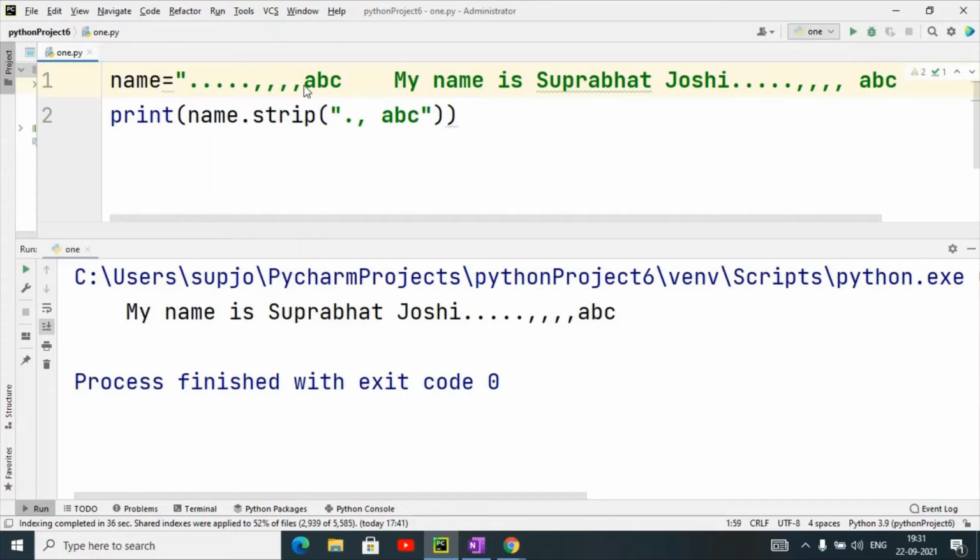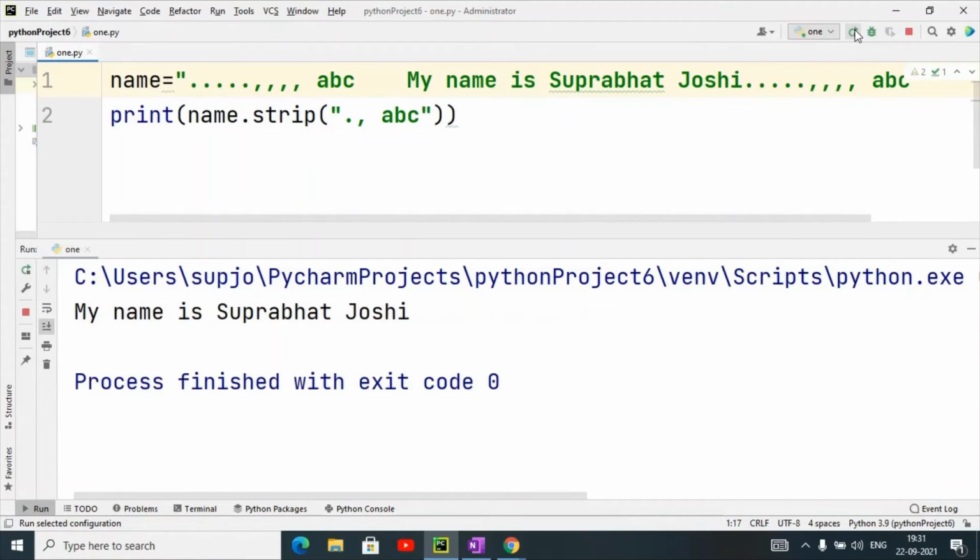When I execute this, you can see it will remove special characters and characters that are specified in the matching, and blank spaces also. The dot is the first character that I want to remove, and comma I also want to remove from the beginning and end of the string, and blank spaces also.